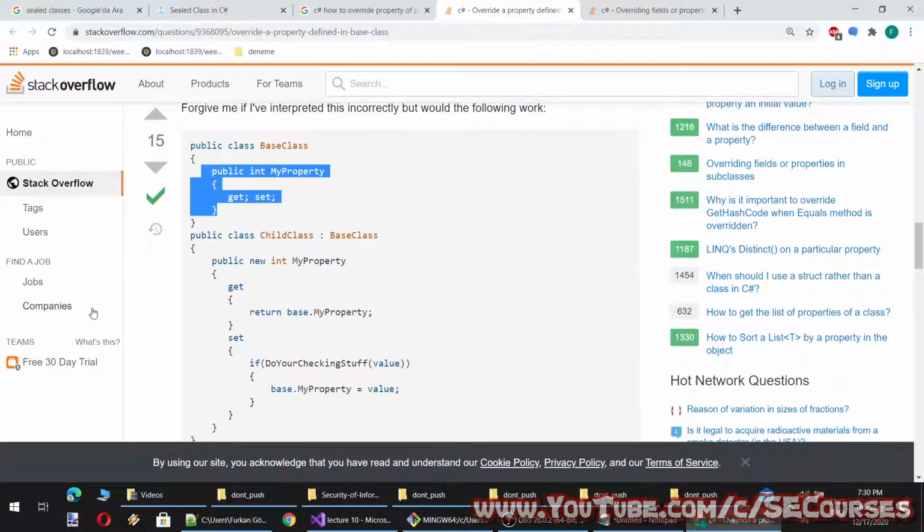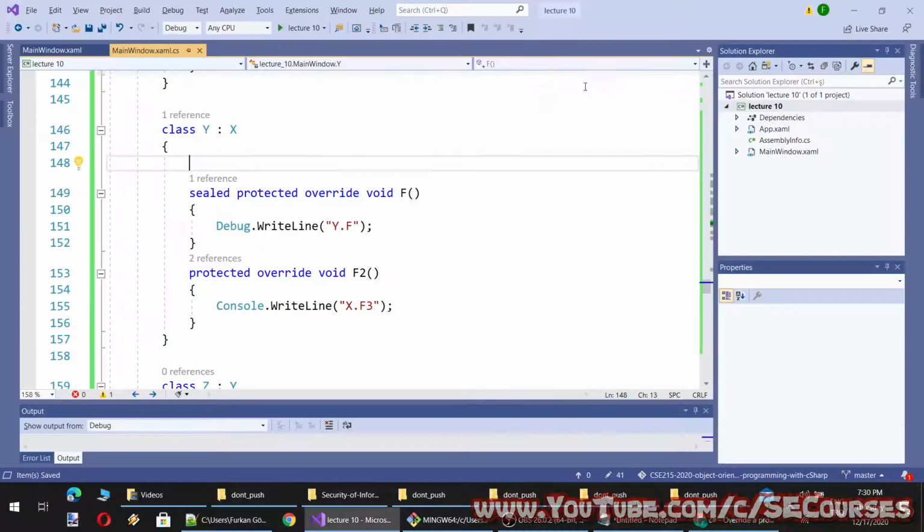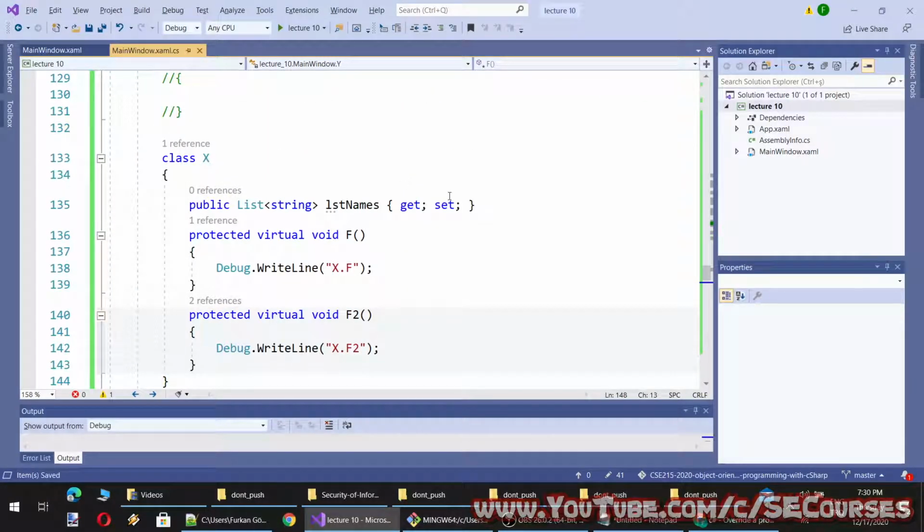Okay, yes, this is a property. Oh, I see. This is how we override it, yes, with defining get and set.